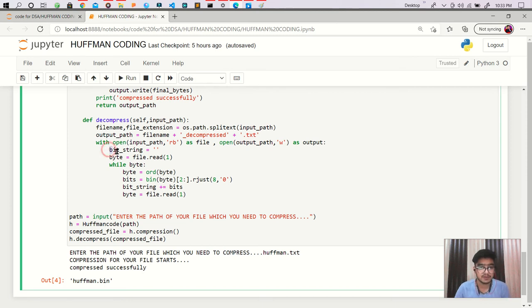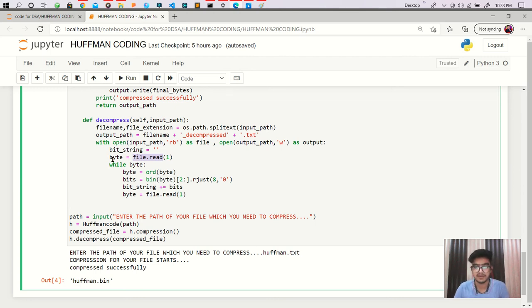We have a bit string, which is an empty string where we store our decompressed data, and byte is equal to file.read(1). One means we are reading our file one byte at a time, first 1 byte, then 1 byte, then 1 byte, and we continue until the file gets empty.